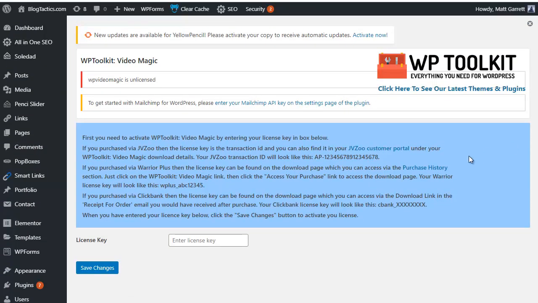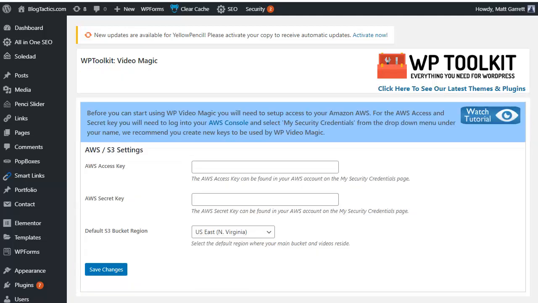Then all you need to do is find your JVZoo, Warrior Plus or ClickBank receipt ID. It will be in one of these three formats shown in this information here. Copy that, paste it into your license key field here. Obviously I've blurred mine out, and then simply click on Save Changes to activate the plugin. Once your license has registered, you'll end up on this page where you need to enter your Amazon Web Services